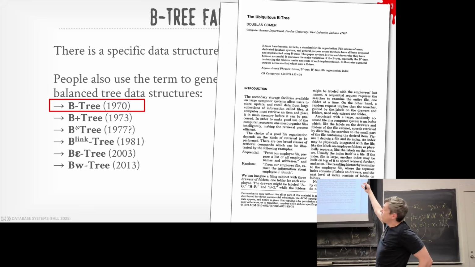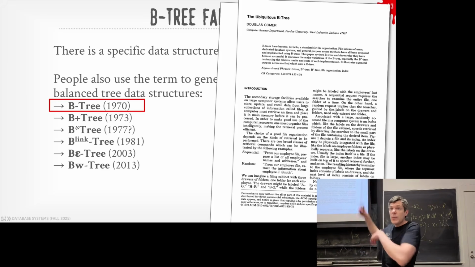But the paper most people cite as the original definition of the B+Tree came out 9 years later. It's the famous paper called "Ubiquitous B-Tree." Again, it's the early days of computing, and obviously there wasn't an internet, so things moved more slowly than they do now. But by 1979, the B-tree or B+Tree was considered the essential data structure we use in data systems, so much so that it was everywhere, and they were calling it ubiquitous.